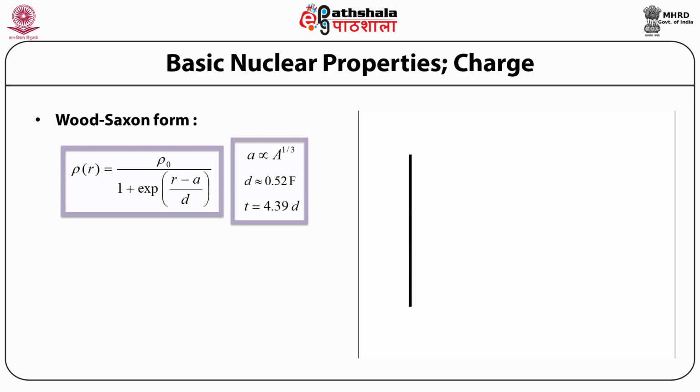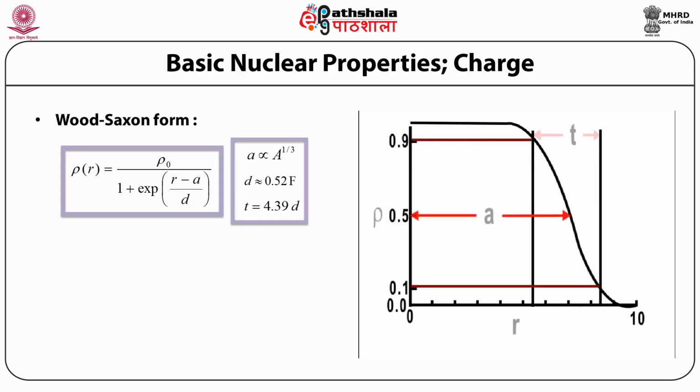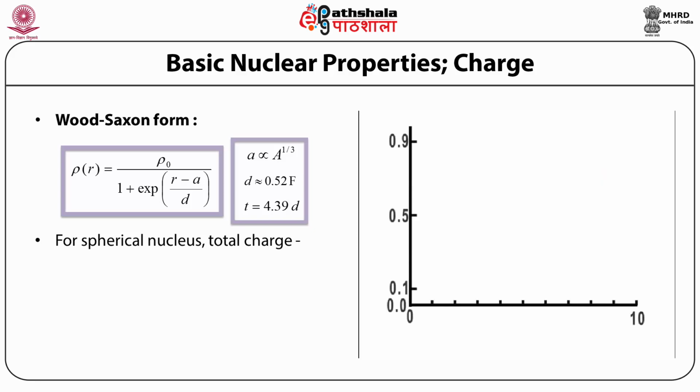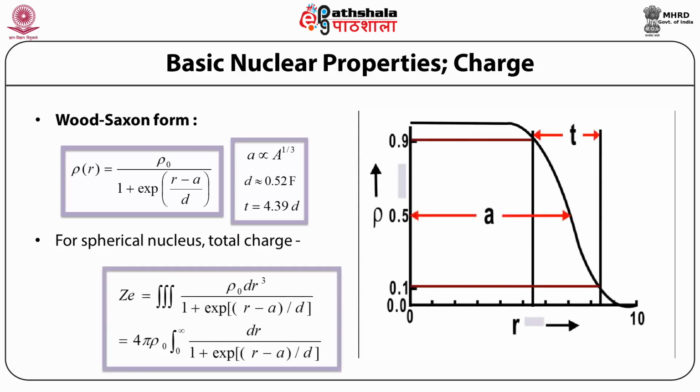And we can say that the Woods-Saxon formalism predicts a constant central charge density, and then the charge density decreases towards the edges of the nucleus. For a spherical nucleus, if we want to find the total charge included in the nucleus, then we have to integrate this charge density. So for a spherical nucleus, total charge is equal to Z into E,